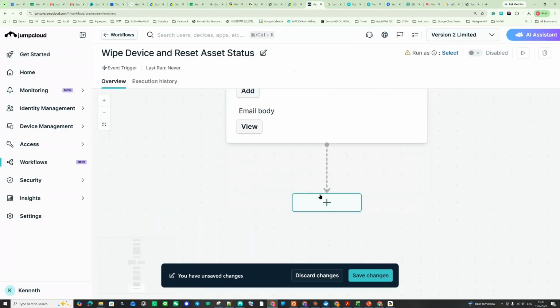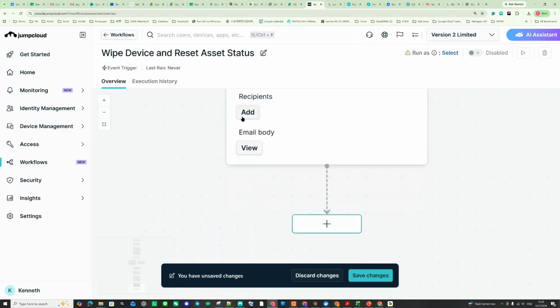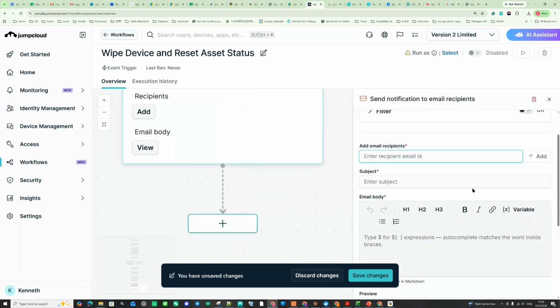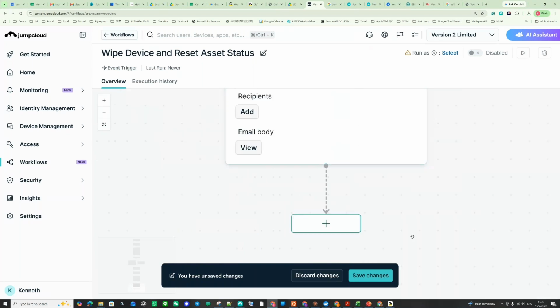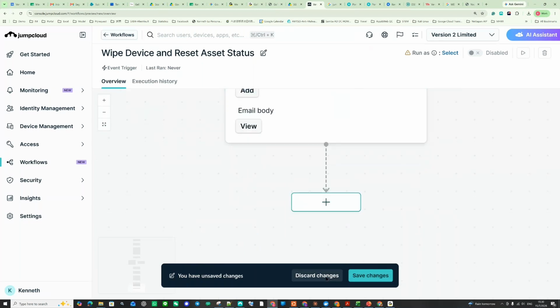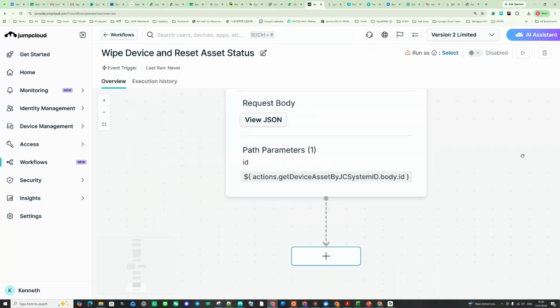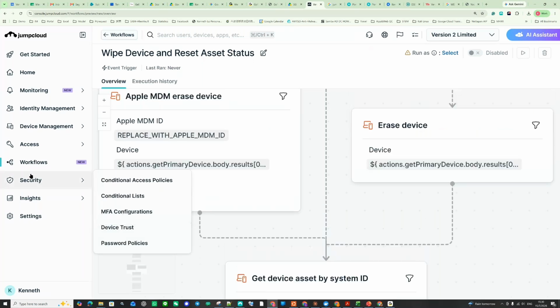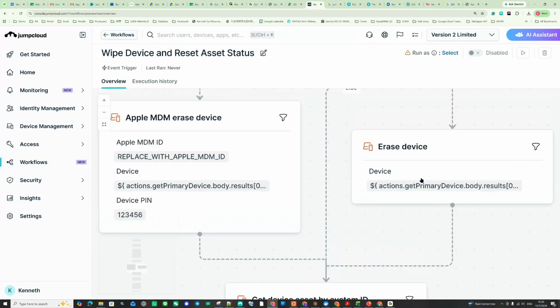Then you can add the recipients. So you can add the address here, then you can receive an email. Okay, so I discard the change, and I don't want to reset our devices because those are okay. I deleted it. So this is something new from JumpCloud, that we have some workflows to automate some of your processes and activities. Okay, so this is a quick walkthrough of JumpCloud.